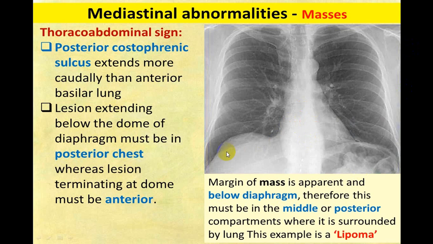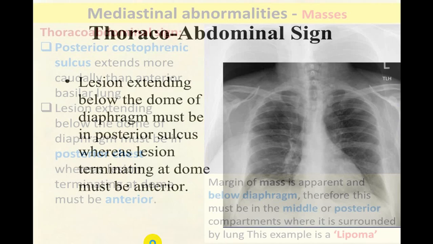And when it is extending below the diaphragm, say this is the diaphragm, and now it is extending below the diaphragm, it is called the thoracoabdominal sign. So it is in the posterior mediastinum and extending down. So it can be because of structures below the diaphragm and in the posterior mediastinum. And this was a lipoma which was there. Again, this you can identify only after doing a biopsy.